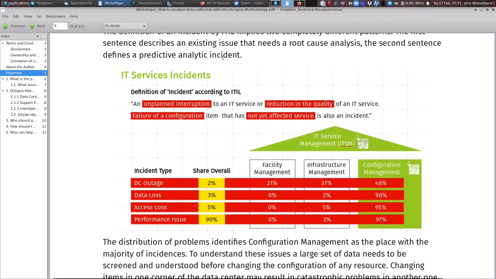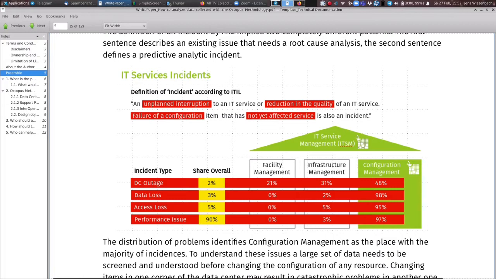The second sentence is a little bit different. Here we talk about a failure of a configuration item that has not yet affected the service is also an incident. So something that is lurking in the background. I'm not yet hitting this limit in my infrastructure. I do not hit the misconfiguration that I'm having in my infrastructure, but it will hit me most likely one of these days,